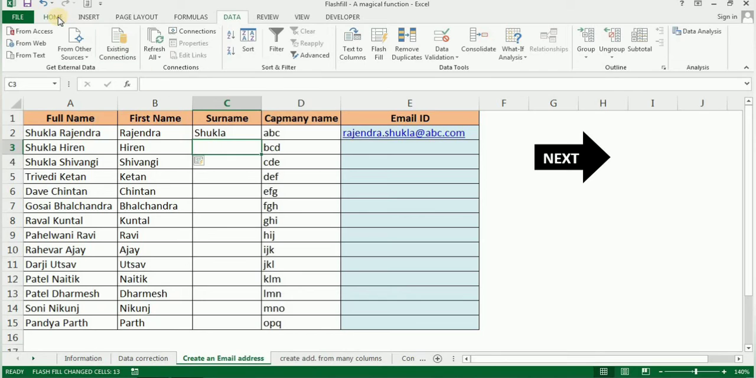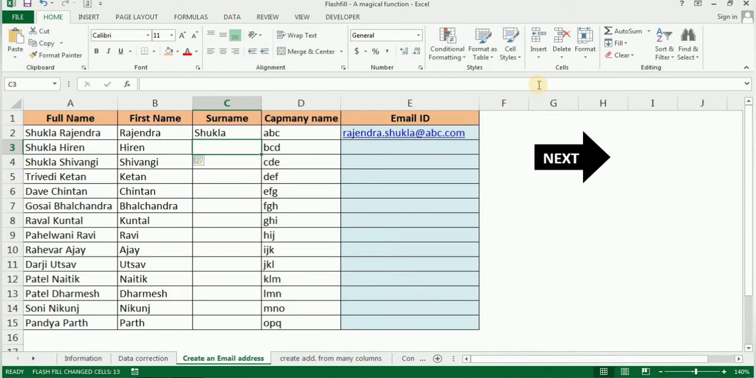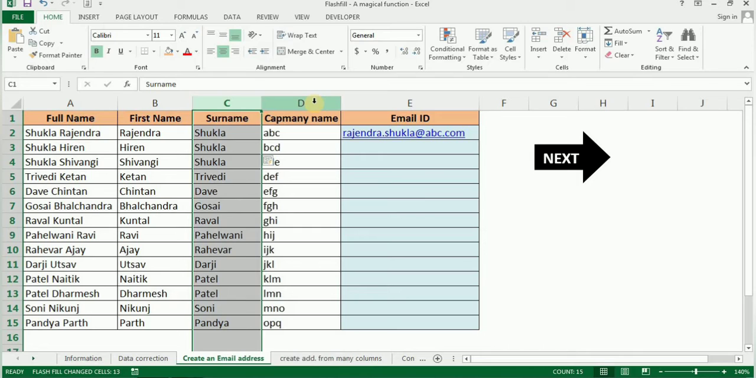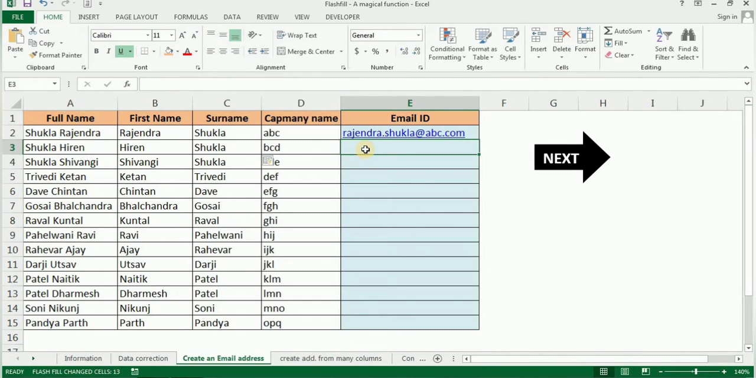Similarly, from the Home tab I can go to Fill and then use Flashfill. So we get a surname from all the full names, and here we have a company name. Here I mention different kinds of company names, but if the company name is similar then we can also do the same. So I have done one example, like if I want surname first then we can do the same also, like Shukla dot Rajendra